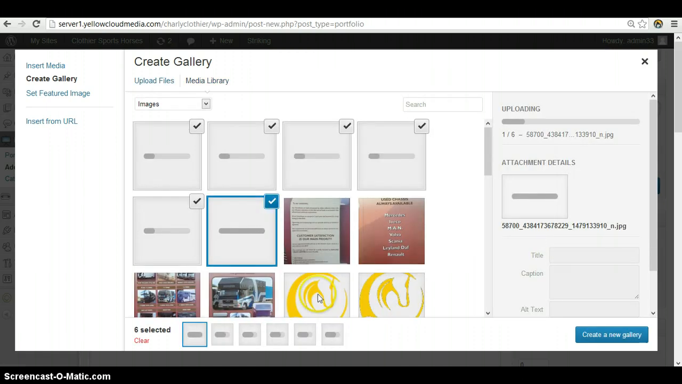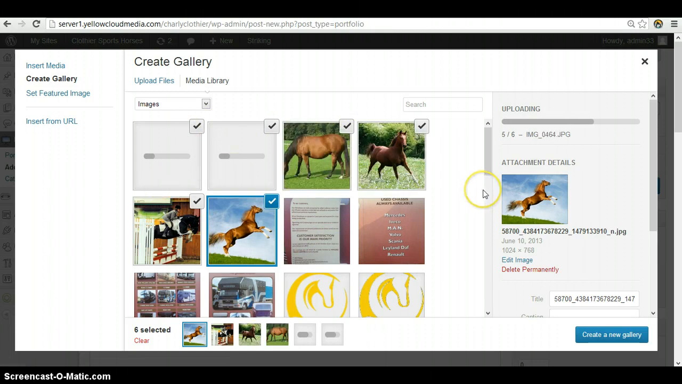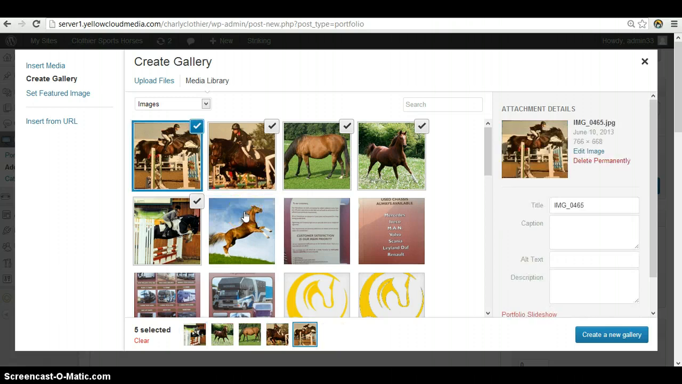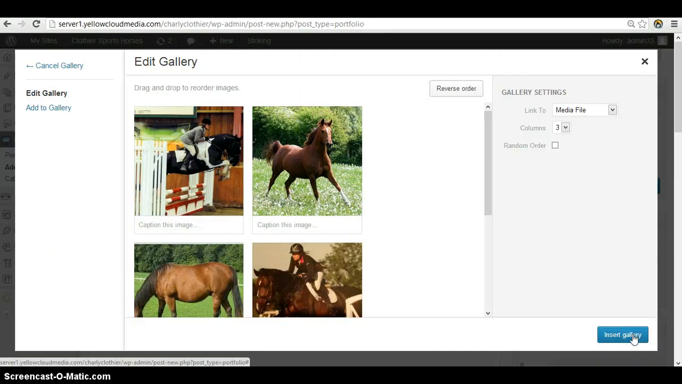So as you can see, they all get uploaded, and they've all got these tick marks on them. That obviously means these are the ones that are going to be included in the gallery. So once that's done, they're all uploaded. All you have to do is make sure all the ones you want are ticked. If you don't want it, just click it and it will untick it. If you do want it, click it and it will tick it. So all the ones you want ticked, click on the bottom right, create new gallery,